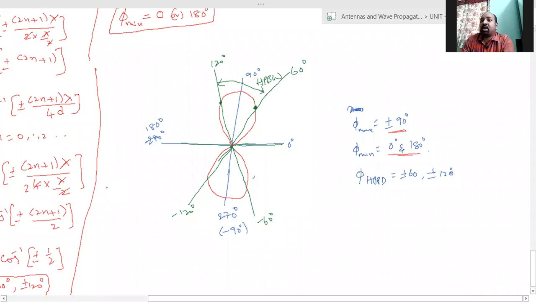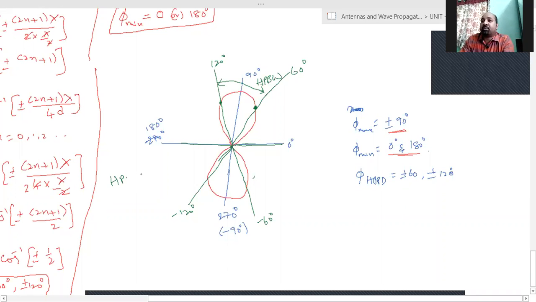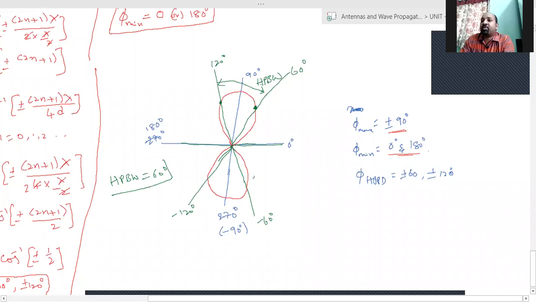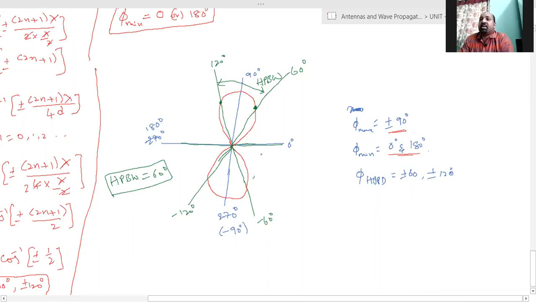Half power beam width here is 120 minus 60 degrees, that is 60 degrees. So this is the radiation pattern of the two element array,